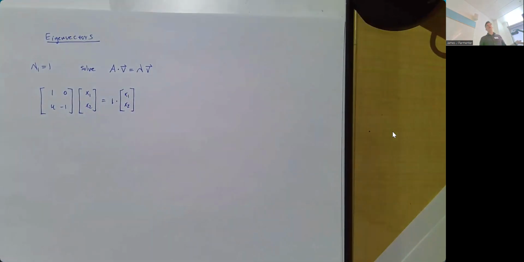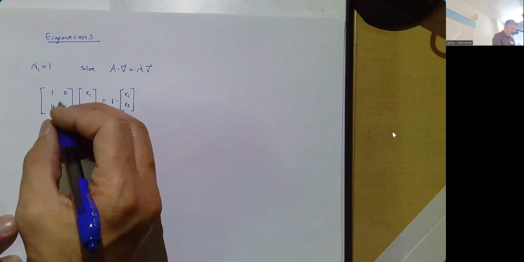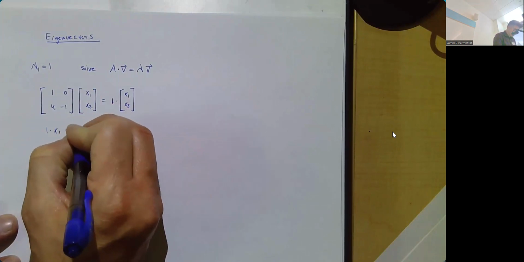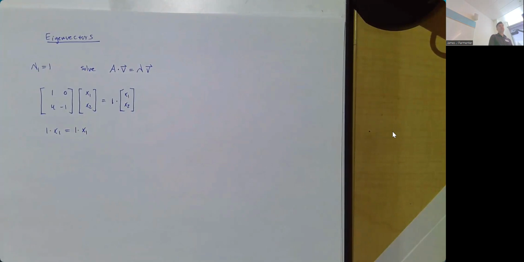This is my preferred way of doing it. And I would say this is the better way of doing it unless your eigenvalues are gross. So if your eigenvalues are really not nice integers, if they have irrational pieces to them, then doing it the other way, which we'll mention in a second, is probably easier to do the algebra for. So let's see, multiplying out the top row, I get 1 times x1 equal to 1 times x1, which is not particularly helpful. That doesn't really tell me anything. x1 could be anything. x2 could be anything. There's no conditions here. So when that happens, and that will happen when you have something that's upper or lower triangular like this,